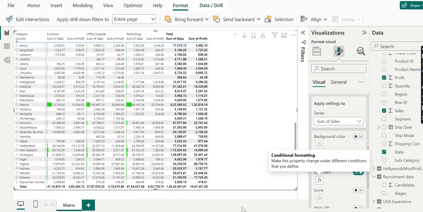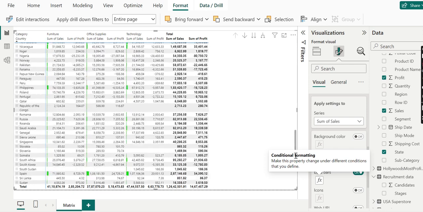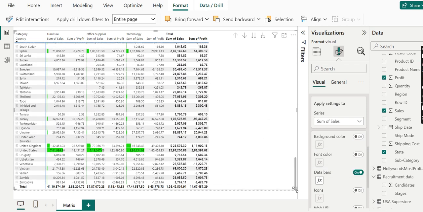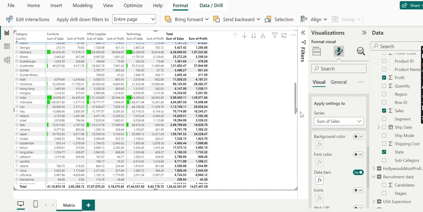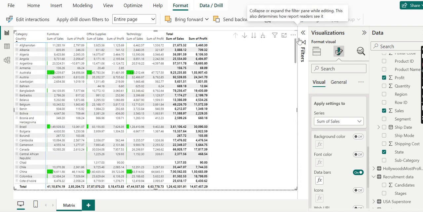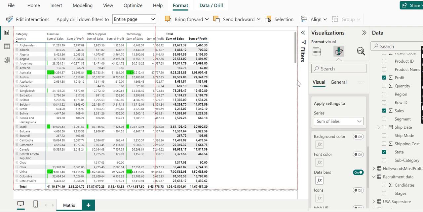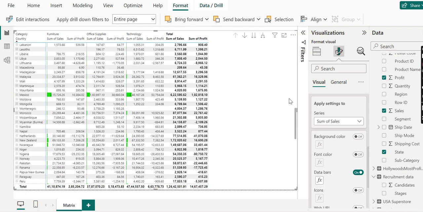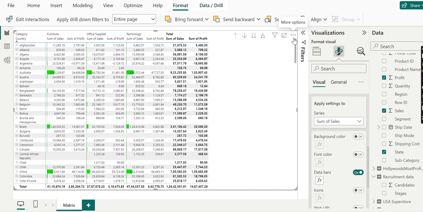Then by clicking OK, you can see how the appearance is changing. So we can change our view in different ways by different conditional formatting.